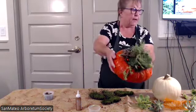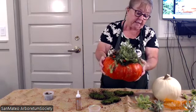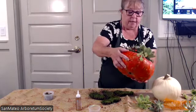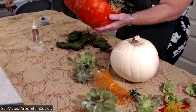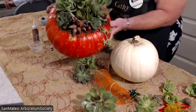On this particular pumpkin, you'll notice I've got a different type of ground cover succulent that I have growing in my yard that I pull up and use for this. And then there are naturals that you're going to add to your pumpkin. And this one in particular,